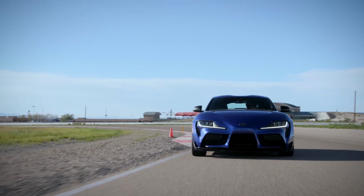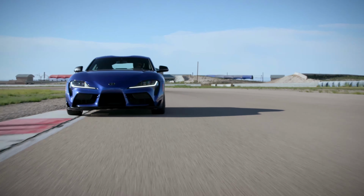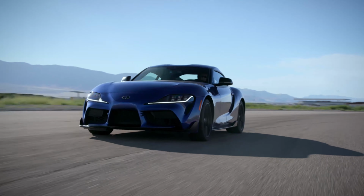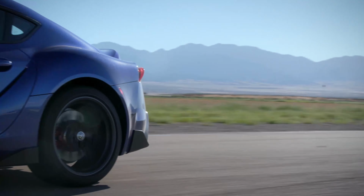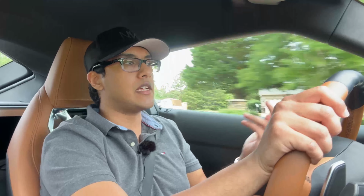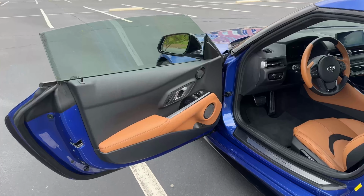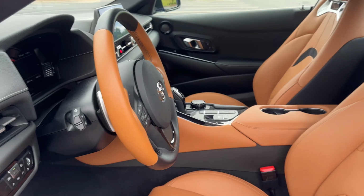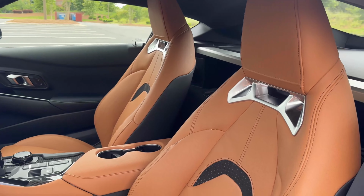And here's the thing, driving this car, its chassis, its handling, honestly, it really speaks to you, this vehicle. A lot of people mock and scoff at this thing, saying that it's just a BMW with a Toyota badge on it. Yes, this is based upon the Z4. We know this already. This thing has been out for like 5 years now. But it's not that simple, because Toyota is the one that tuned and tweaked this vehicle, its suspension, its chassis,